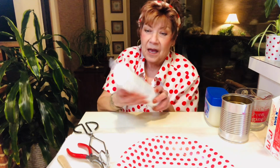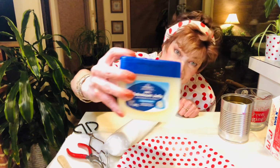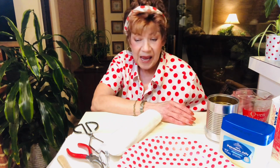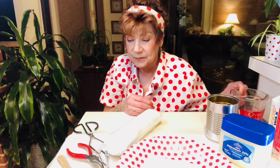And we need cotton, 100% cotton makeup pads. We're going to need petroleum jelly, otherwise known as Vaseline. We're going to need either a really old pot or I'm going to use a tin can to melt my Vaseline in. And we need to melt our wax. I'm going to melt that in the microwave, so I'm going to just use a glass measuring cup. And we need either tongs